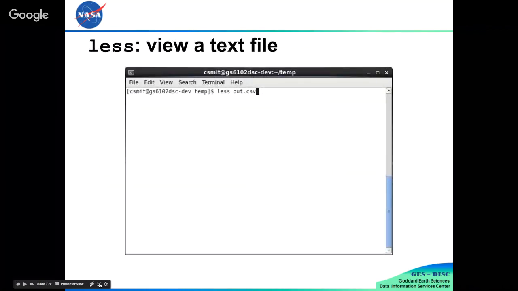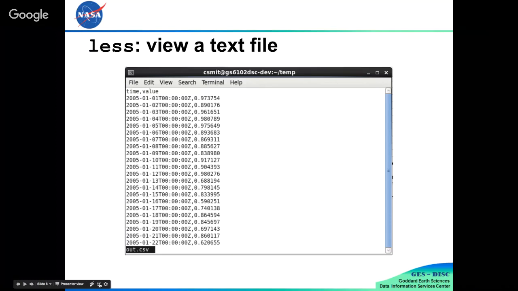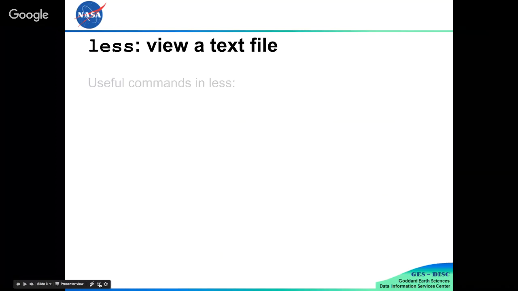So, less. I used to know about more, but less is better than more, weirdly. This is what you use to view a text file. It's interactive. You type less and the file name, and it shows you the stuff in the file. Q to quit, you need to be able to get out of it.